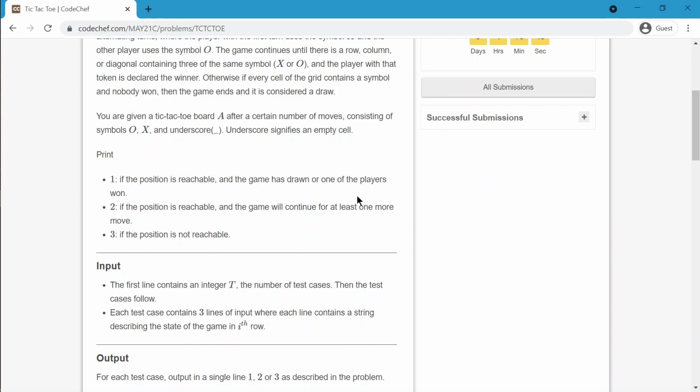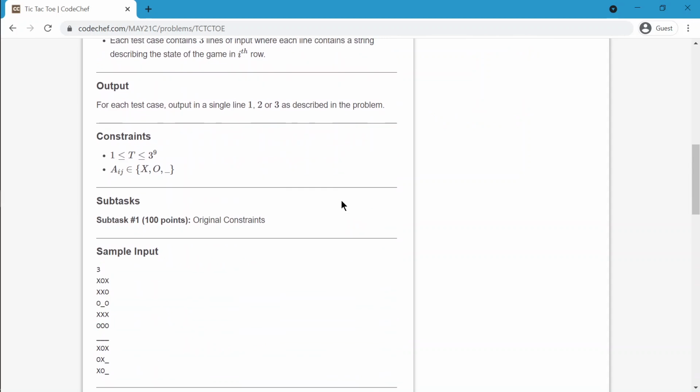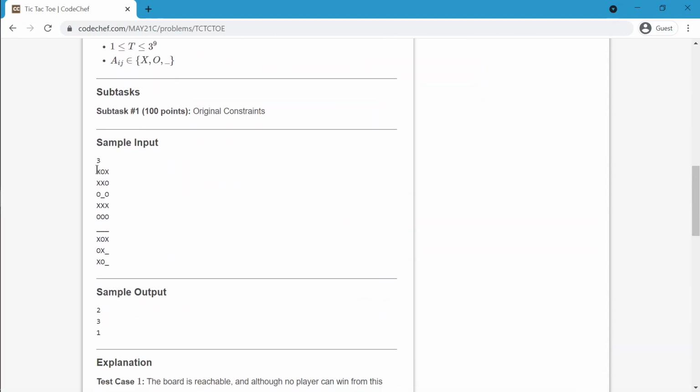Okay, so let me take you to the subtasks over here. You can see the first test case, a 3x3 matrix: X O X, X X O, O underscore. So here one cell is left, and none of the players has won. I hope you know the winning condition I told you earlier.